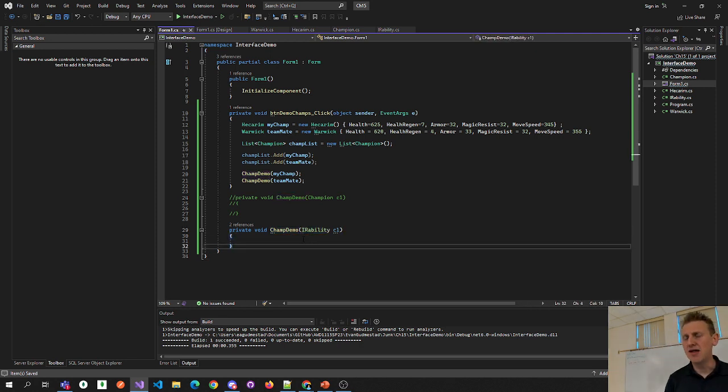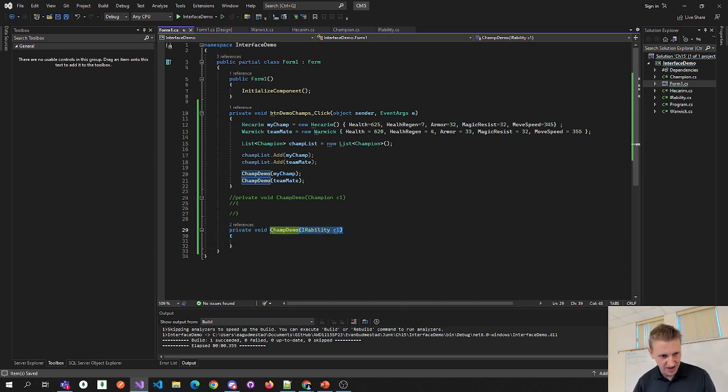We can write a method that says, everyone zone in here on line 29: any class that implements IR ability can be sent into this method. Notice my champ implements IR ability, so you can send a Hecarim object and a Warwick object,